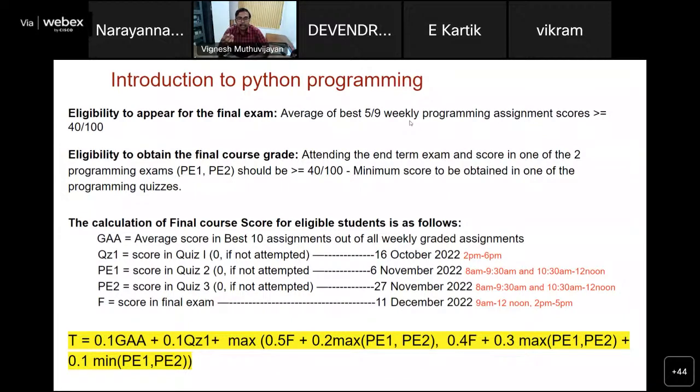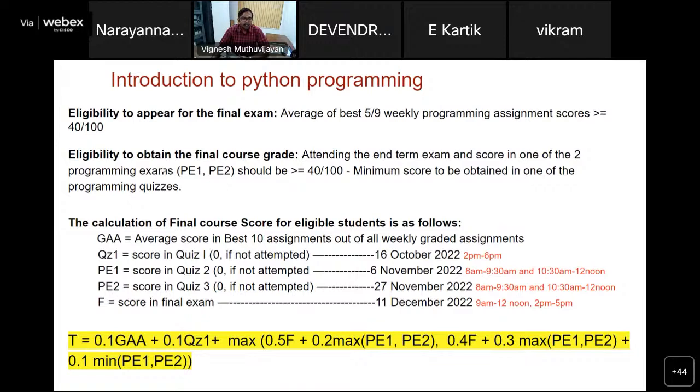Because when you come for the programming exam, you're going to have a finite amount of time. Unlike in a graded assignment where you're sitting at home and you can probably spend a lot of time writing even a simple program. Right? So please try to time yourself, try to improve the time, and all that will happen only through practice. So please make sure that you practice. This criteria of passing in the programming exam has actually had a significant impact on students who have not practiced well. So please make sure that you practice multiple assignments and all the activity questions and be very well prepared for the programming exam.